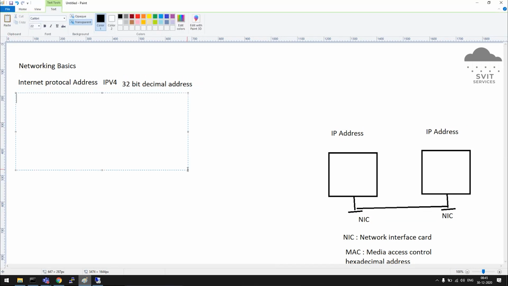So the very starting address will be all zeros. Next address 1, 2, 3, like this. Okay. So until 0.0.0.255. After that it will be 1,